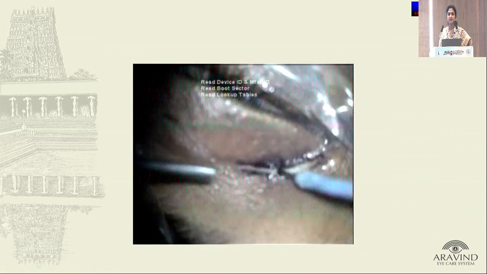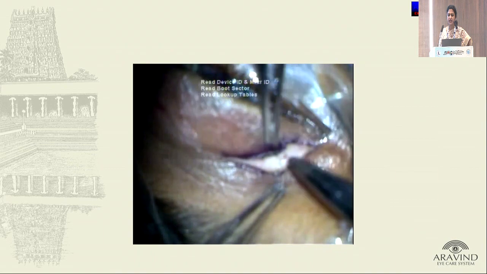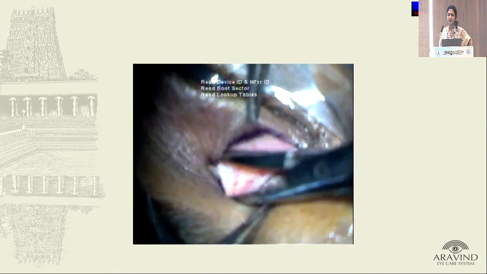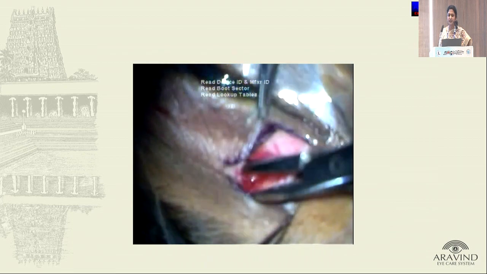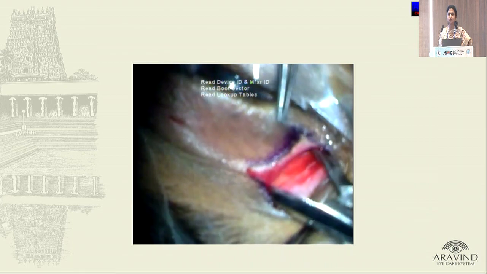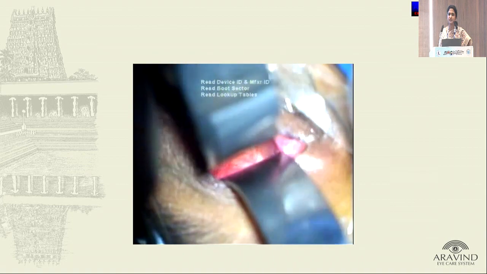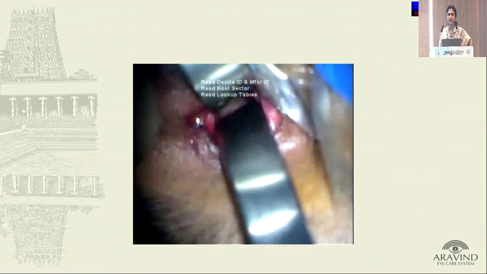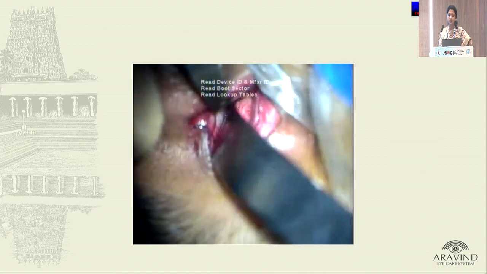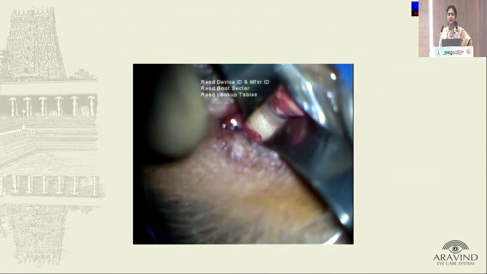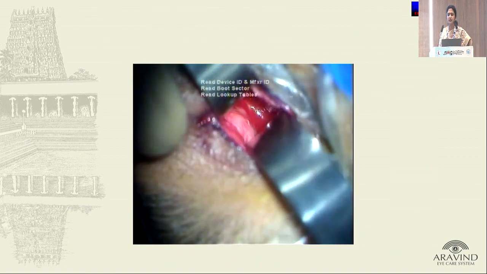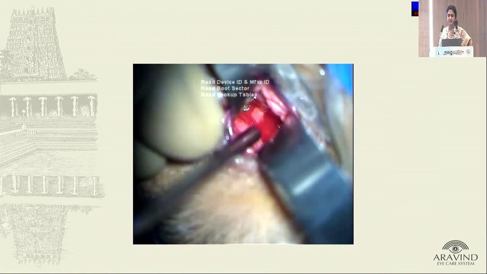I started doing the skin crease approach, and here again, you can go directly to the optic nerve. So the one point that I'd like everyone to remember is, please do not choose an obese individual for a skin crease approach, because the fat is going to really be in your way and will never let you reach the optic nerve very easily. But in a thin individual, you probably can resort to doing a crease approach.